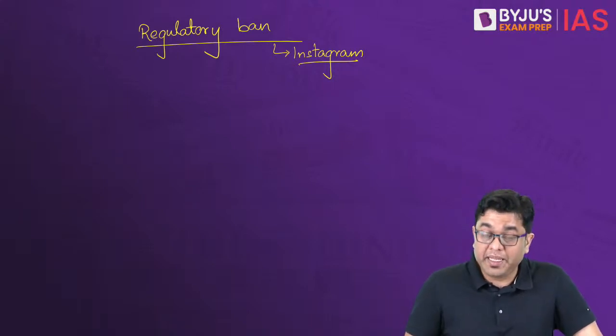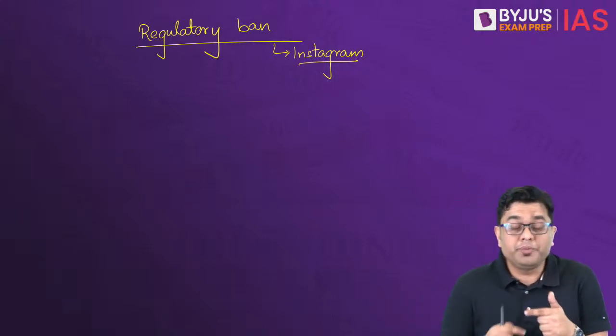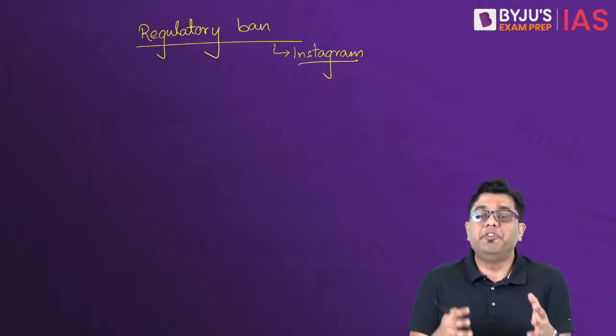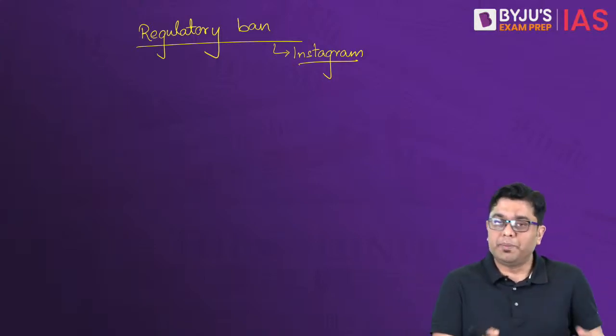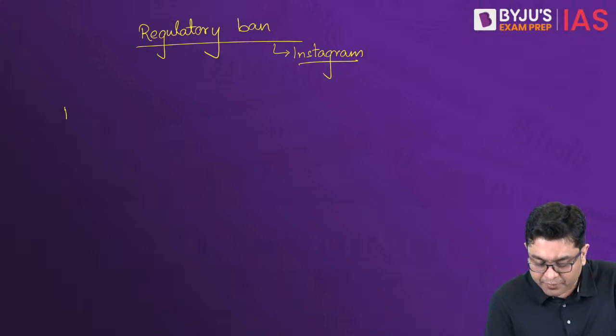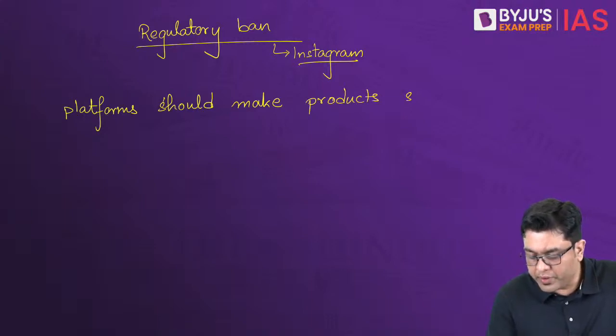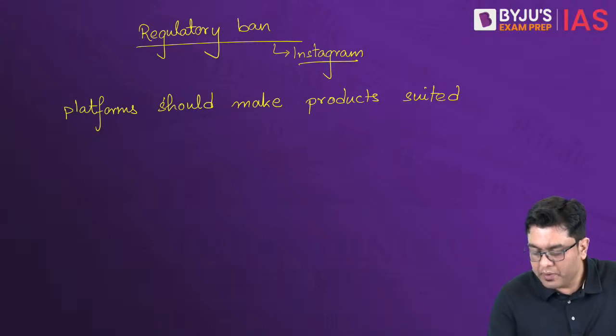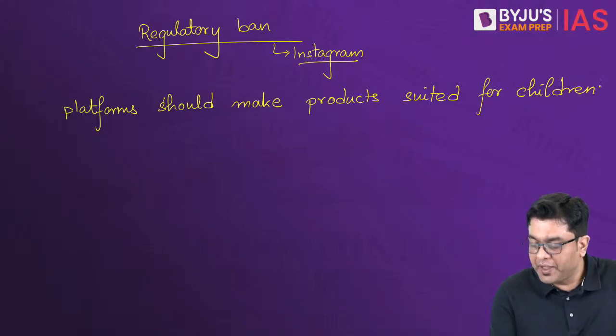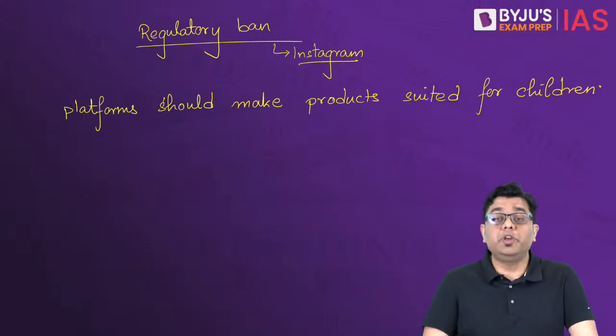The solution can be, or should be, that the platforms should be encouraged to come up with new products which are suitable for children. So platforms should make products suited for children. Now, on the face of it, this might appear to be a kind of draconian ask,